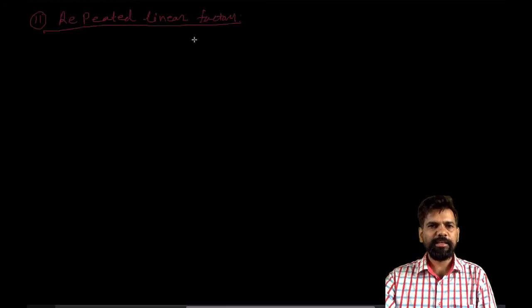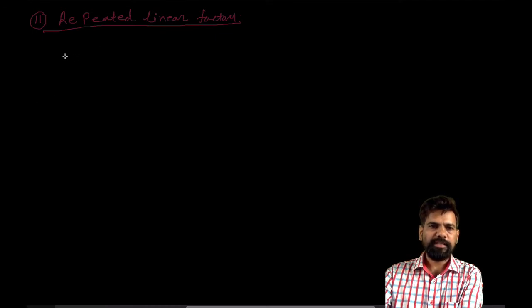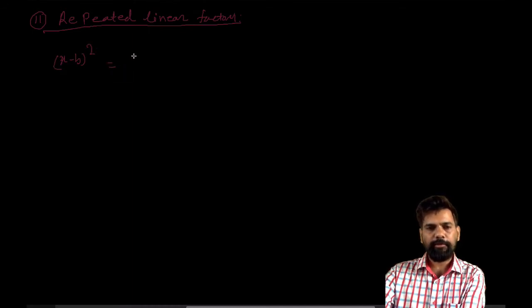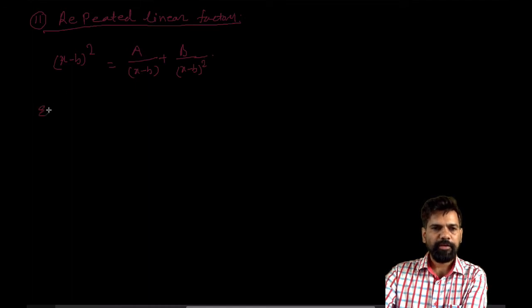Now let's take the repeated linear factor case. If we have the case where the denominator is (x minus b) whole square, then the partial fraction is A over x minus b plus B over (x minus b) square. For an example, here I have a question: integration of (6x square plus 13x plus 6)